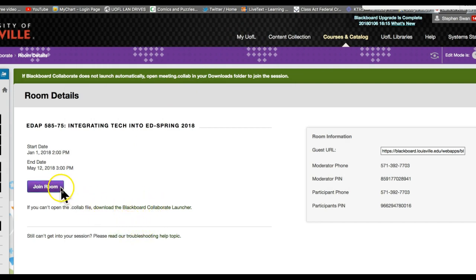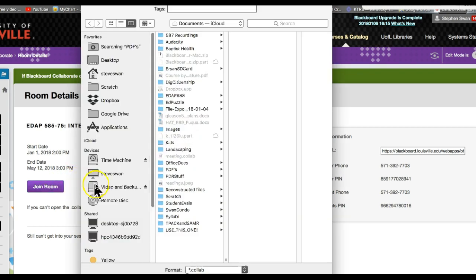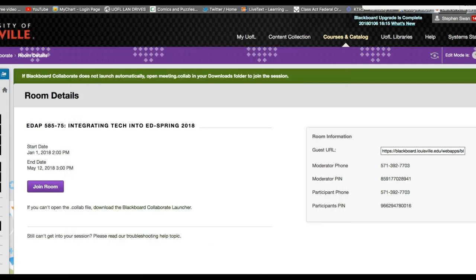Okay, and now I should be ready to go. Join the room. So it's basically saying to me, where is your Colab? And all I have to do is navigate and find where that file was that I just downloaded. And it works, just like the other. And one of the things that it will do is it will remember where that link is. So it'll come back and work for you again. Now I'm going to go ahead and close out of here, Firefox.